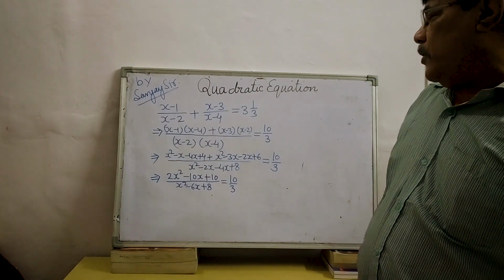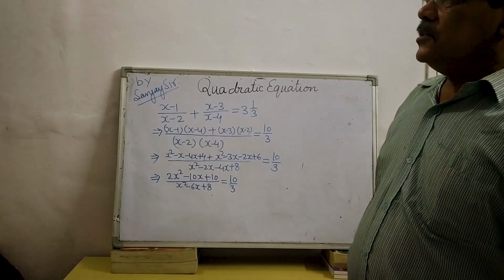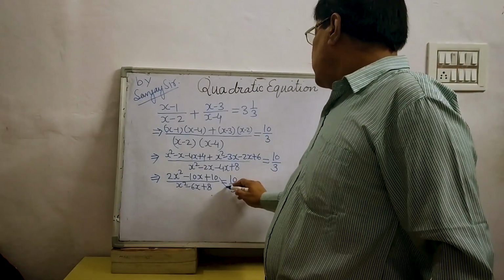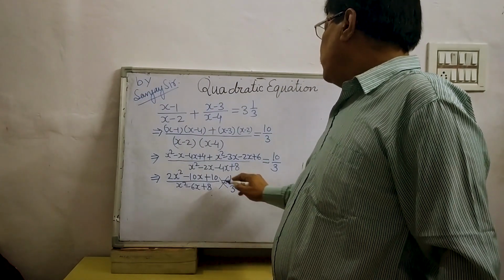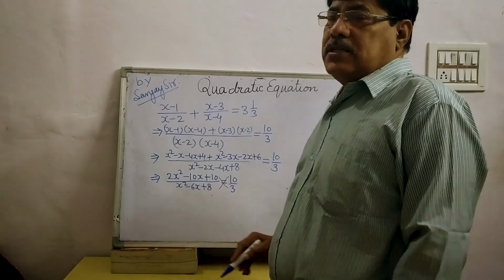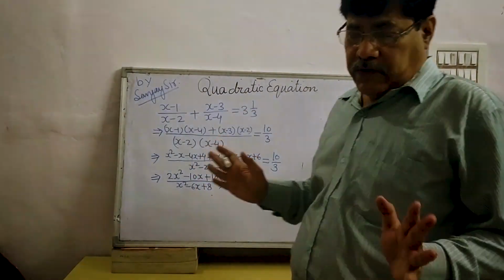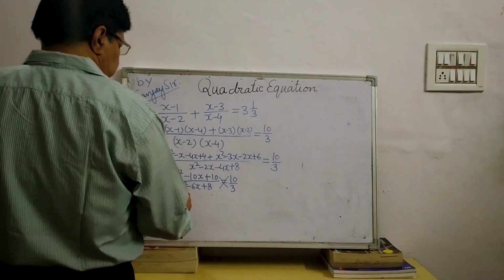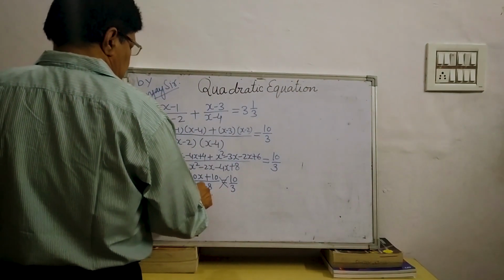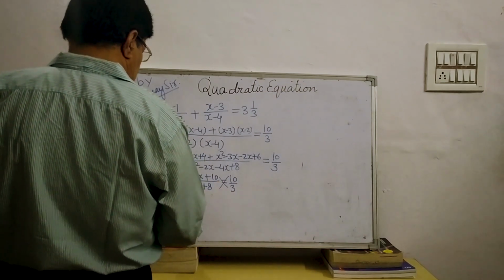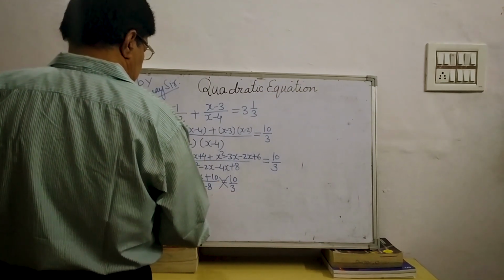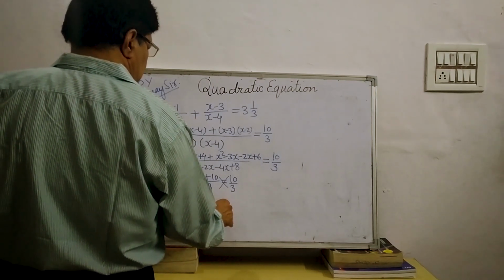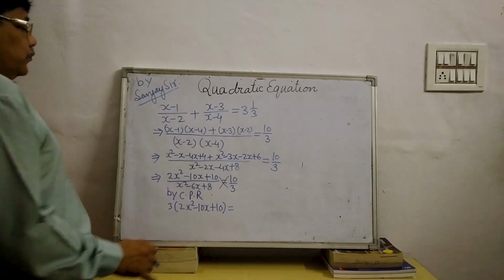Now how will you solve it? In your previous classes, I think you have solved it in class 9th, 8th. So do cross multiplication. This 3 will come on this side, this 10 will come on this side, then we will simplify to get the value of x. To simplify, write by cross product rule. What will come? 3, then write in bracket 2x square minus 10x plus 10, equal to 10